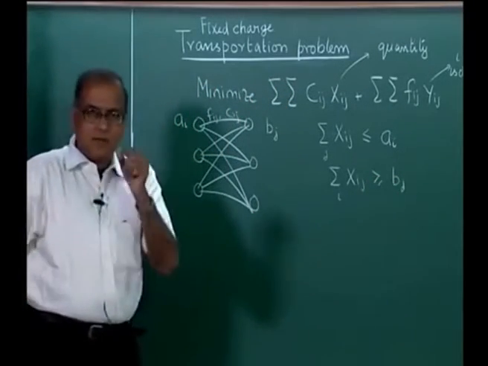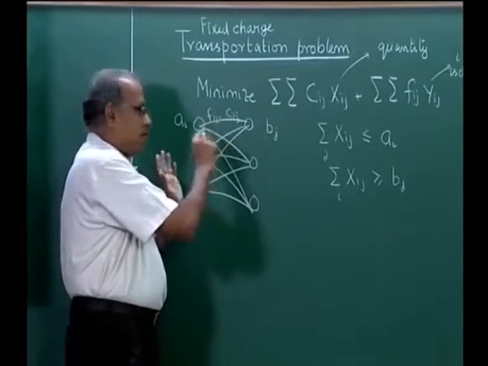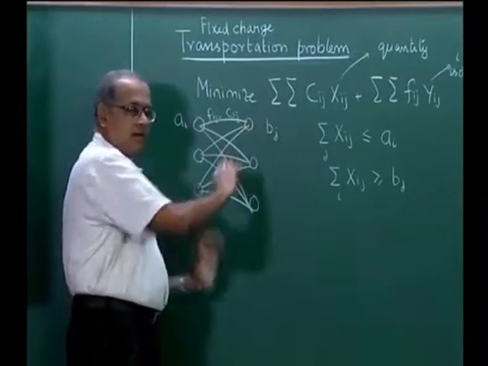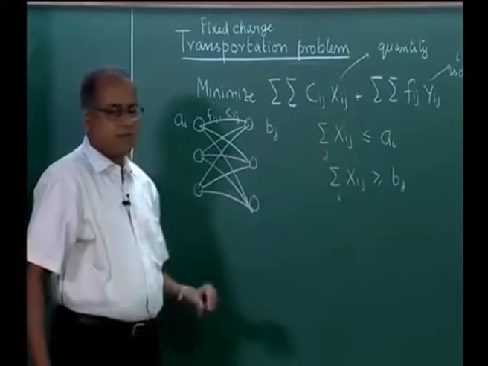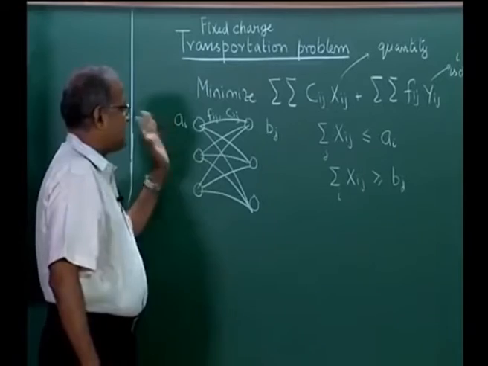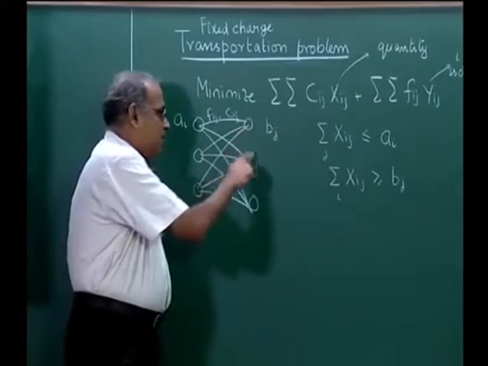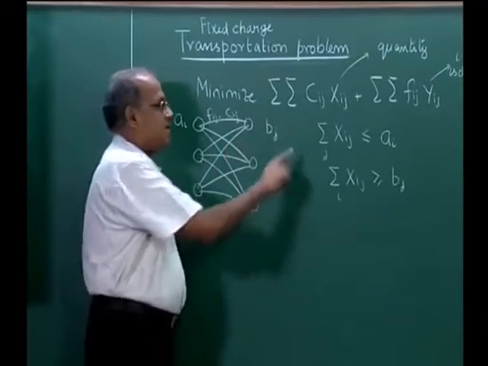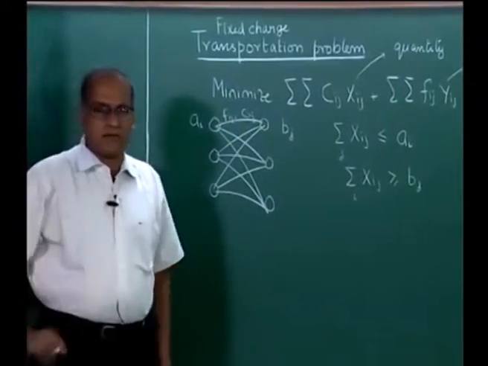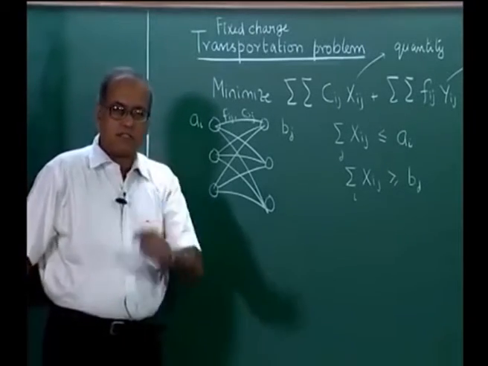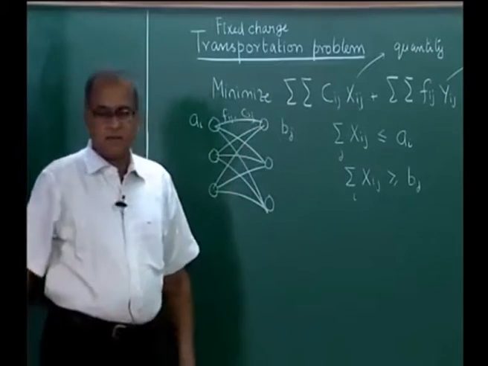Once again, the same caution: the balanced problem would have total supply equal to total demand, in which case we can even change these to equations. All the items will be transported and all the items will be received. We will not be receiving more than what is demanded, because the Cijs and the Fijs are none of them negative. Therefore, there will be a solution where all of the supply is consumed and all of the demand is taken.